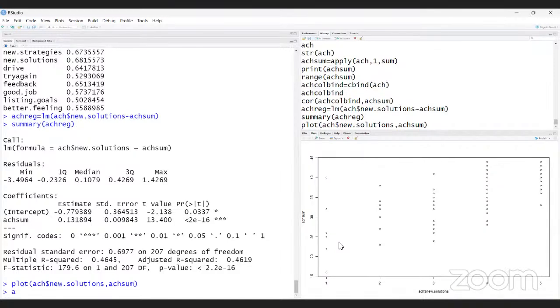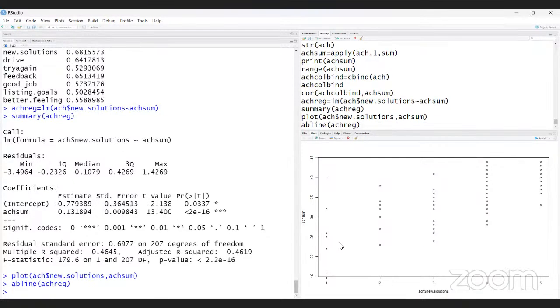Then I am writing abline H reg. Okay, this just has to be opposite. In the plot, I put the dependent variable first, that is H sum, then ACH dollar new strategies and new solutions.